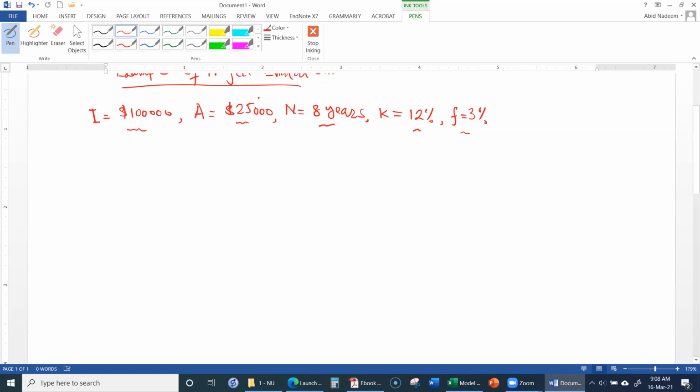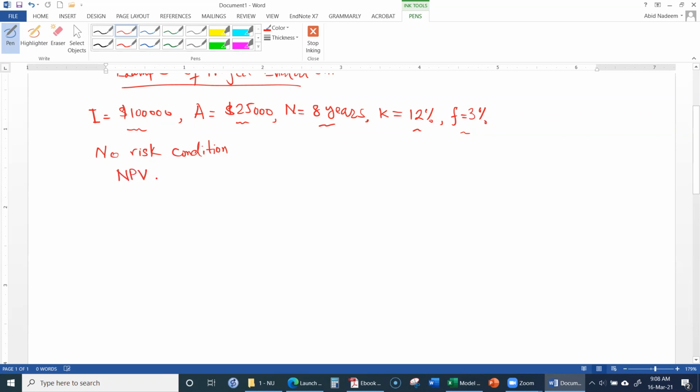Okay, so for example, the annual benefits, the interest rate may change. There may be a fluctuation in the inflation rate as well, etc. So let's evaluate under the no risk condition. Let's evaluate it first under the no risk condition, and then we will evaluate under the risk condition. So in this case, we will find the net present value,